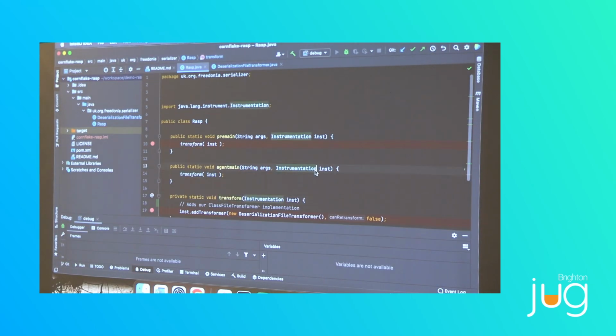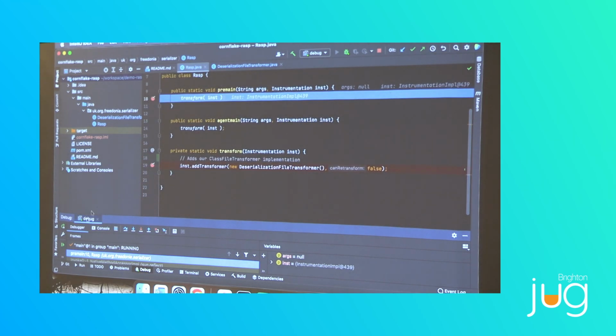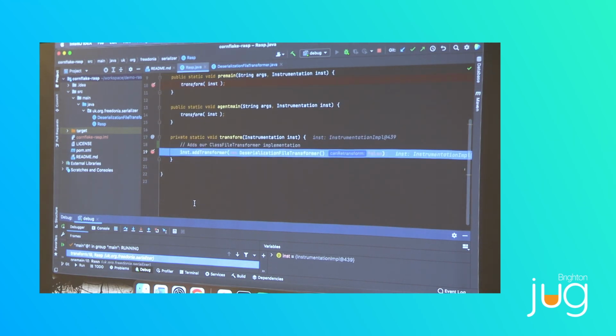So bring this up. Hopefully. Good. So it started up. And as you can see, we have a premain method, no arguments, so that's null, and the instrumentation API. So if we jump to the next point, what we're doing here is adding a class file transformer, which is our deserialization file transformer, an implementation of the class file transformer interface, and adding it to the list of transformers. So when you have anything in that list, each class loaded by the class loader on startup will be passed to the method in that interface. So if we jump ahead,